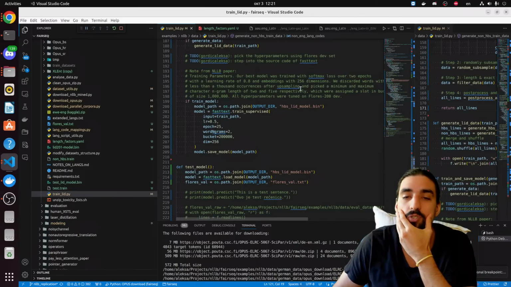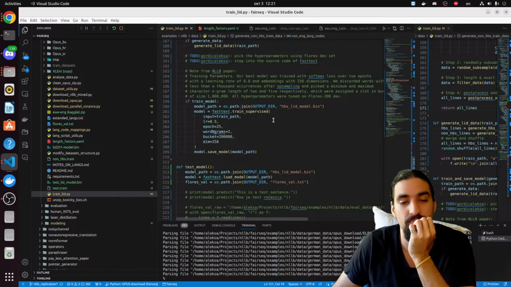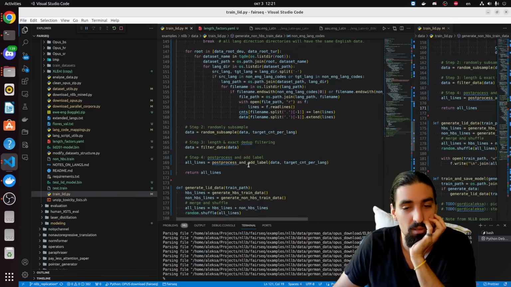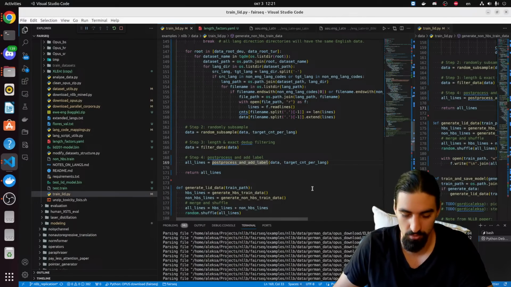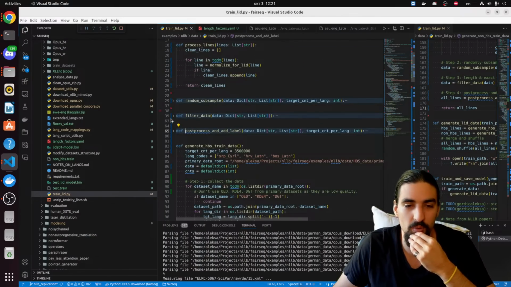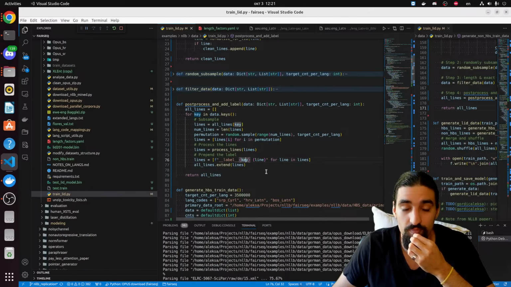Step into the source code of fastText. Aha, there is one mistake I made that I just realized, and that's the adding of labels. We won't be adding labels. We just want to group them into HBS and non-HBS. So that means we can't use key